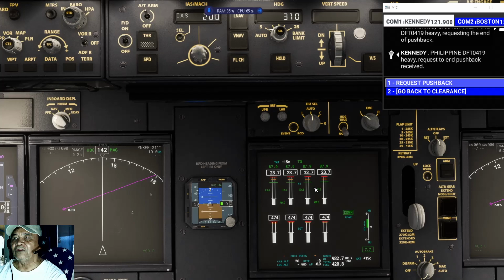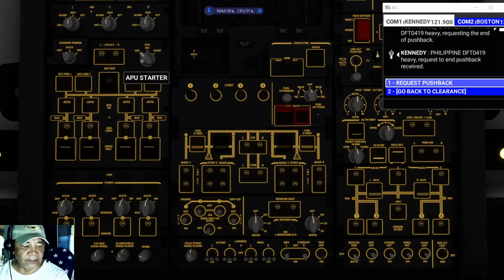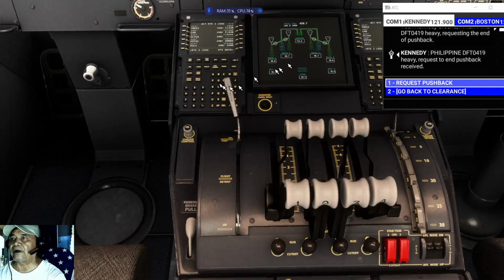So what's our procedure next is to turn off the APU, because our jet engines are already providing power for our needs. Okay, so let's proceed to our taxi. Flaps, how much flap do we need? Flaps is 1, 2, 3, and then